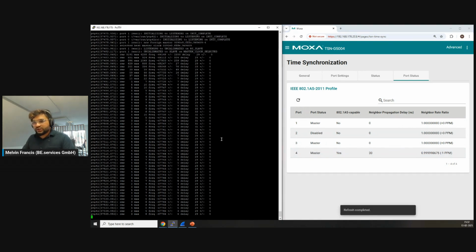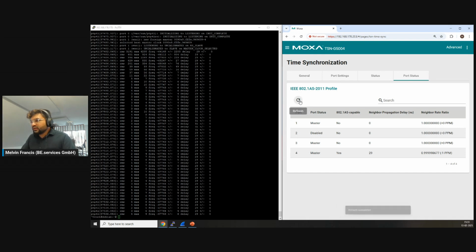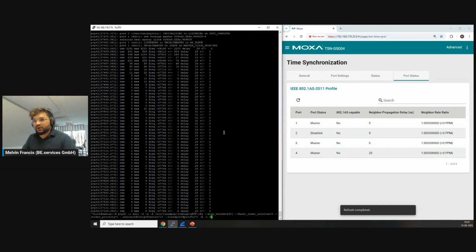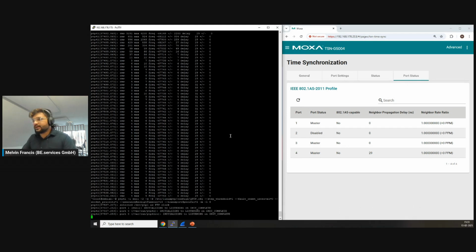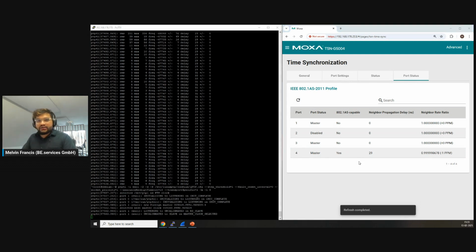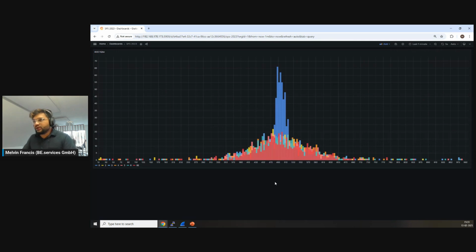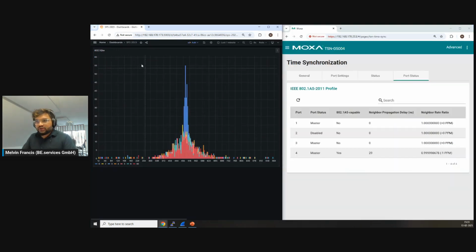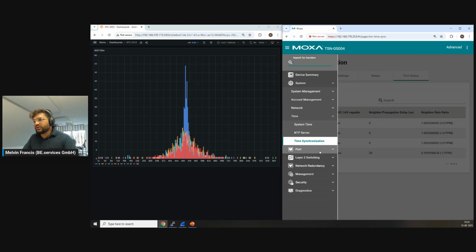Just to show how it works, if I close it now, you can see this port is no longer synchronized. It went back to no. It will remain at no until I start the PTP protocol on the Linux box that is available here. Once I start it, you can see that they have come into synchronization, and still the traffic looks pretty bad here. I hope you understand why: we have not yet enabled QBV,